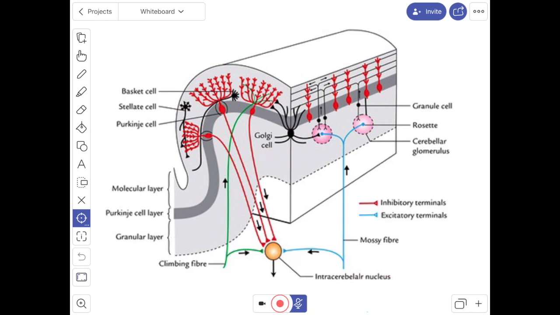The molecular layer or the plexiform layer is the superficial layer. It mainly consists of numerous dendritic arborizations of the Purkinje cells, and there are relatively few nerve cells which are widely spaced. The nerve cells are of two types. One is the basket cell, the other one is the stellate cell.